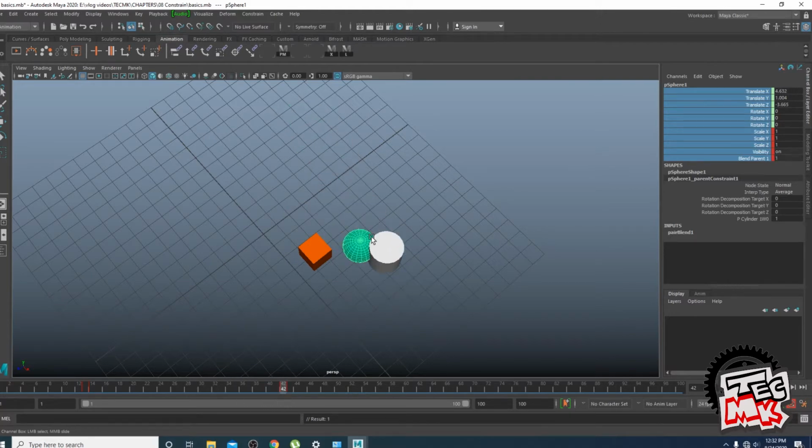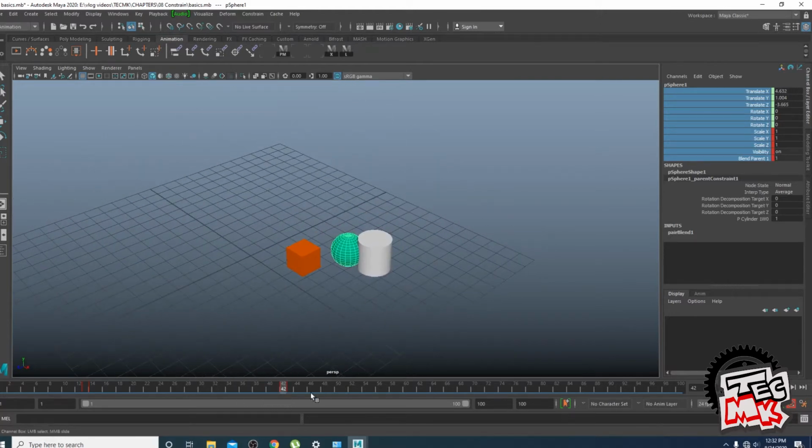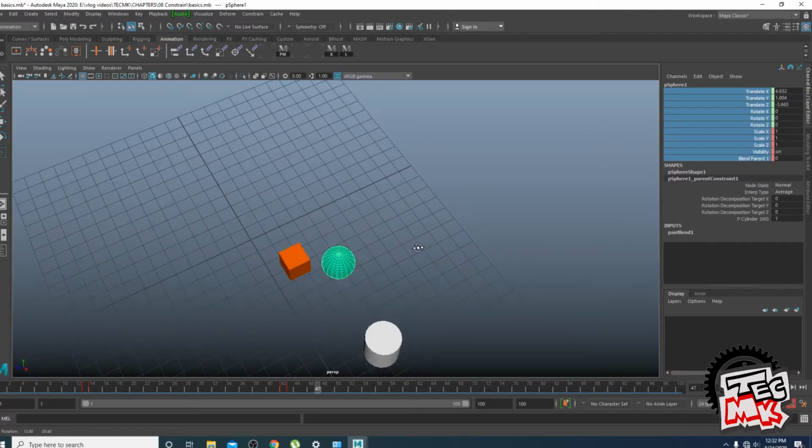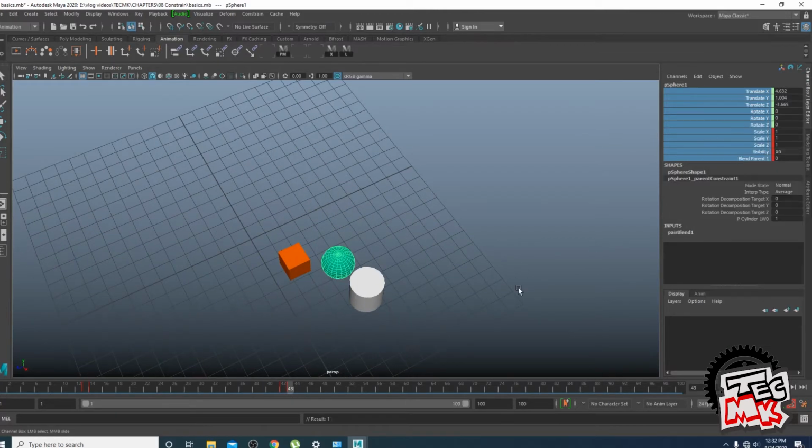Till 42, it has a relationship with the cylinder. At 43, we switched off the relationship, and now the sphere is independent to move on itself. How? Key. And then from 52, you do something like this. So you see here, till 42, it was attached with the cylinder, and now it goes off.